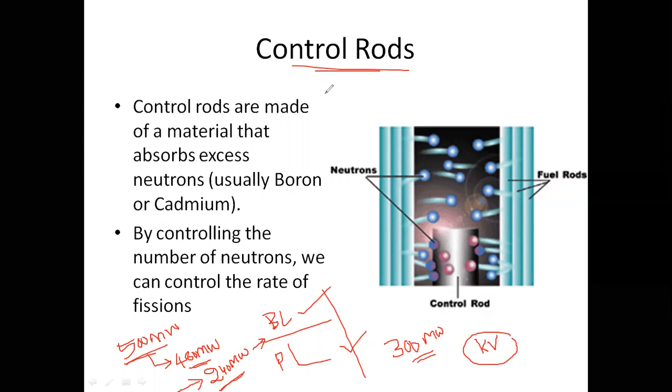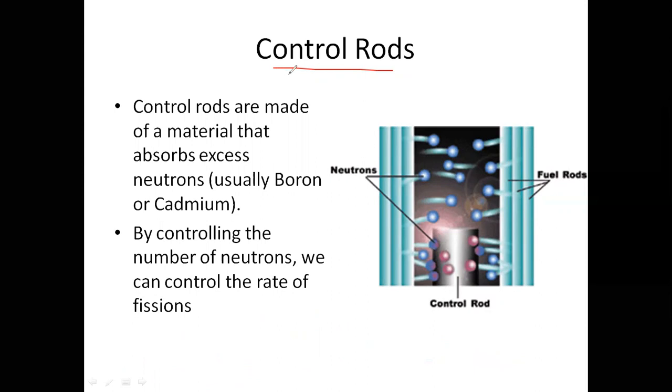For that purpose, in the thermal power plant, we can control only with the control rod. Based upon the demand, we control with the help of the control rod. The material used in the control rod is cadmium and boron. Once the control rod is pushed towards the core, the fission is absorbed. Only a small amount of neutrons is released, generating a little bit of power.